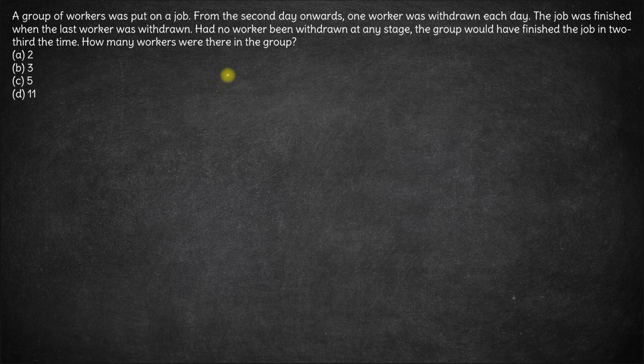Okay, so let's say in the first case, when a worker is being withdrawn every day, the work gets completed in n days. So we have day 1, day 2, day 3, so on till day n. And if the work gets completed in n days, there must have been n workers because, well, okay, let's do one thing. Let's start with the other assumption. Let's say the total workers